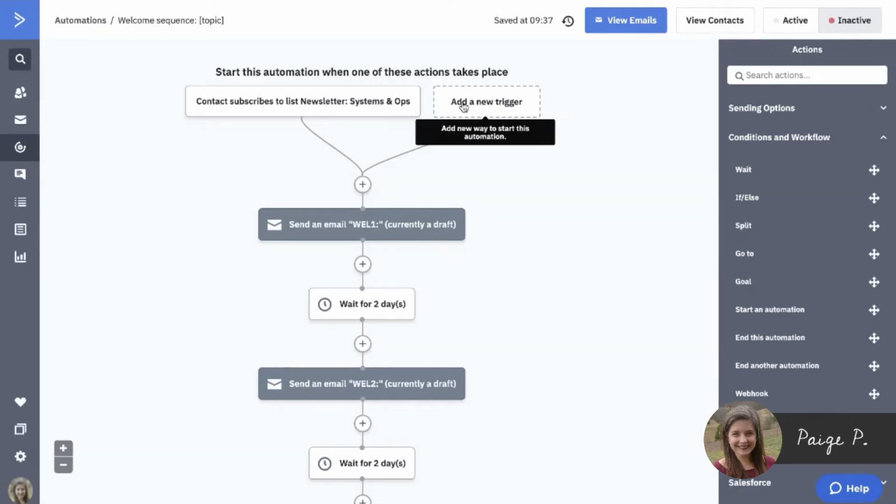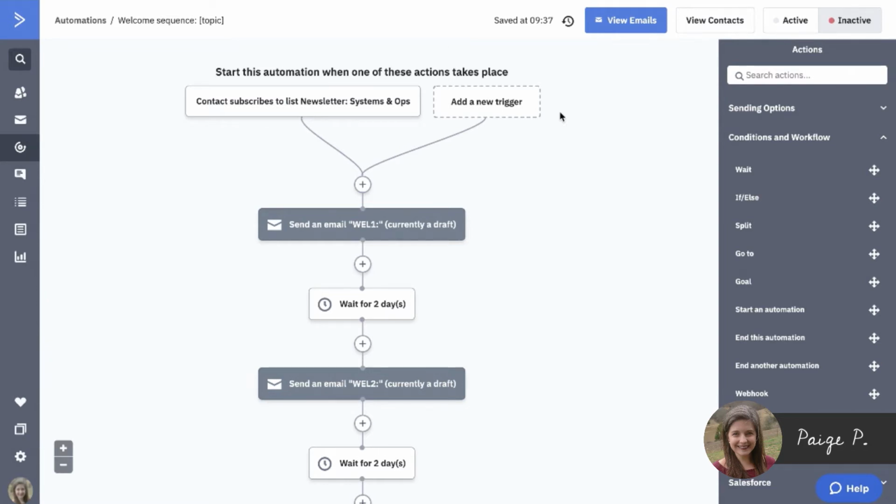So you can add multiple triggers for an automation. If you're using option B, where they're subscribing to an email newsletter list, then you can add the subscribe action as a trigger. So when a contact subscribes to a specific list, then the automation begins. If you're using that method of getting people on your list, then that is the start trigger action that you'll use. Now, if you're using the freebie funnels, which I'm going to demonstrate how to connect together towards the end of this video, then you won't need a trigger,